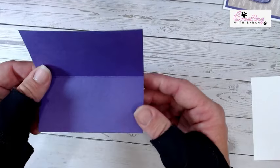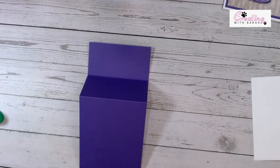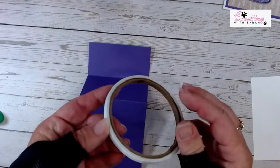So before we get too far into it, we need to tape this together. And of course, I don't have any tear tape. And I definitely recommend using tear tape when you're doing this. So let me grab some, which I knew where that was because I was kind of organized with my tape. So first,